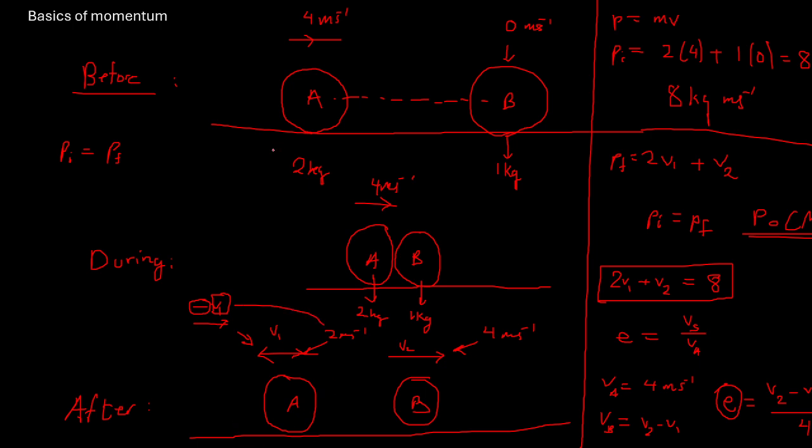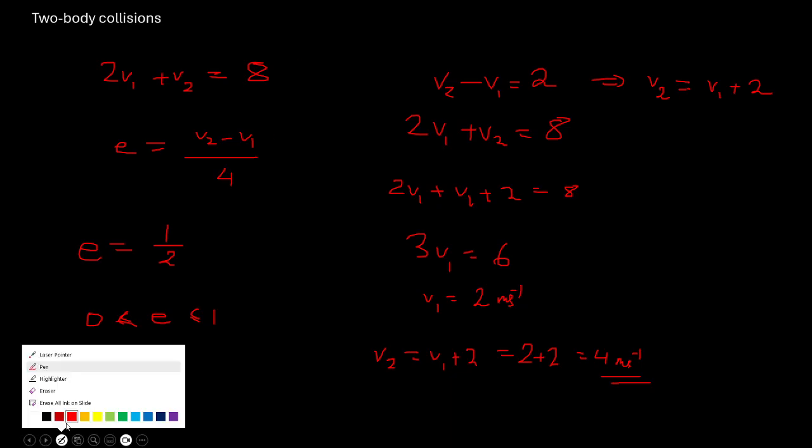Okay, so let's go back. Same calculations as such. Let's say that this time it was moving with velocity v1 this way. Let's say that we considered it like this, v2. This is just to show you that the direction you consider your variable to be doesn't matter as long as you understand the magnitude. So we always consider the right hand side, the direction to the right, as positive. So we consider this to be negative v1, this to be positive v2,